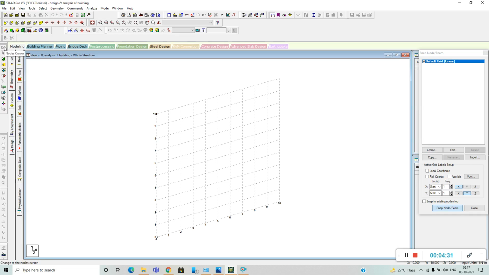This is the node cursor. It is a beam cursor. If we want to select a beam, then use this cursor. If we want to select a plate, then use this cursor. Okay, these are the cursors, and if we want to edit a support, then use this support edit cursor. Okay, this is all the circle here, and then first we create the